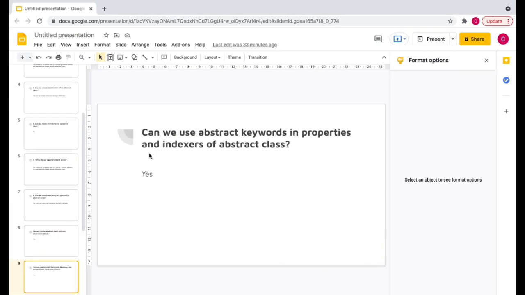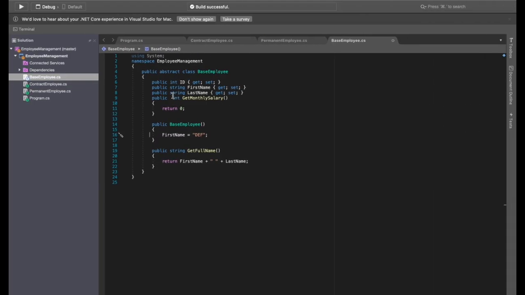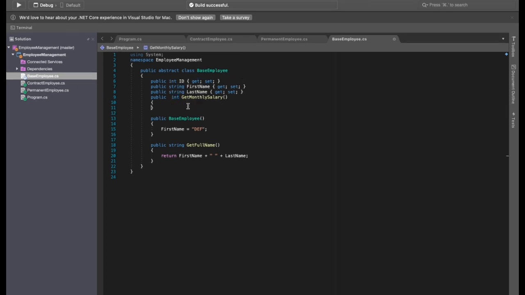Next question, can we use the abstract keyword in properties and indexers of an abstract class? Yes, we can use it. If you see here, this is a property. If I use abstract, this will not throw any error. So we can make an abstract property, but if you go to the child class, let me first make it the original, actual version. Yeah, so now we are going to make it abstract,